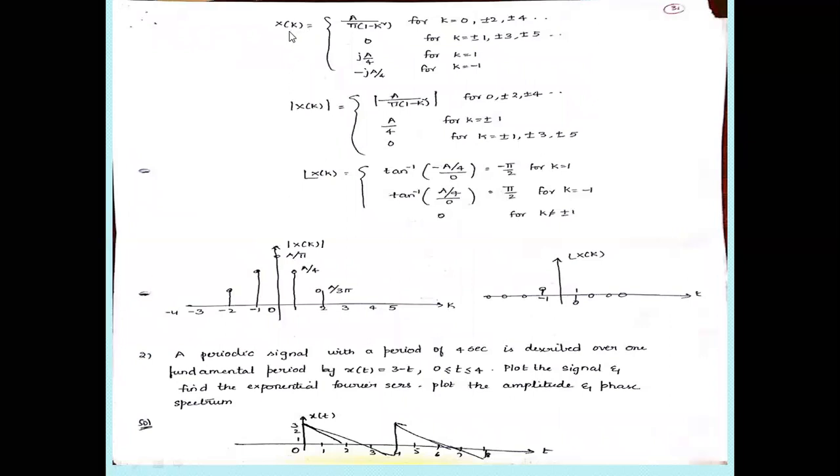Finally, X of k is equal to the given expression for 0, plus or minus 2, plus or minus 4, plus or minus 6. But don't take this for plus or minus 1; it is not 0 there. And this value is 0 for plus or minus 3, plus or minus 5, plus or minus 7 and so on. But for k equal to 1 and k equal to minus